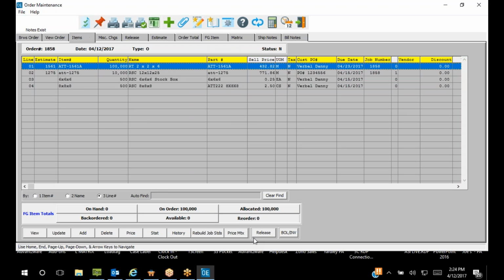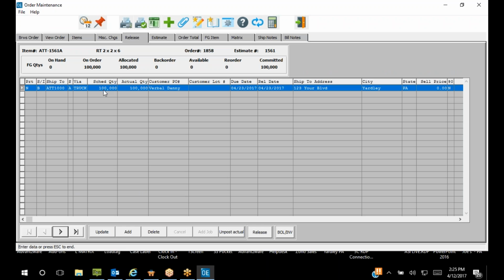And if I come back to this line item, notice the allocated quantity is now set. And the benefit of that is if you have blanket orders, you don't want the allocated quantity to be updated immediately from order entry. You want the allocated to be updated based on the release or delivery dates. So I'm on the release tab here, and I can add as many releases as I want. Now this is an actual release,